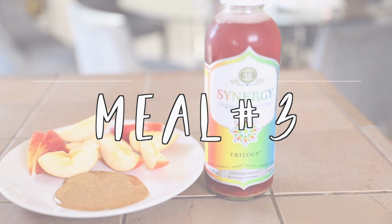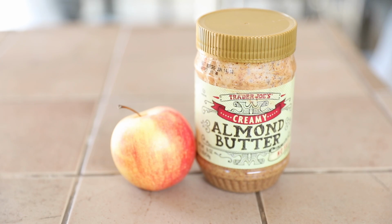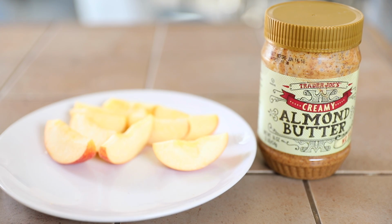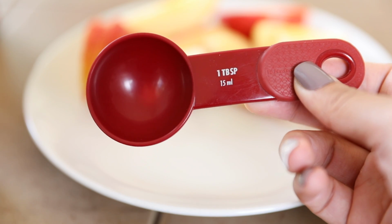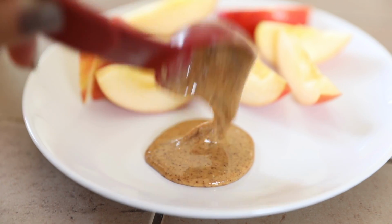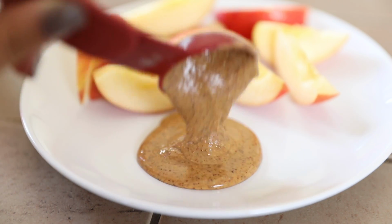So my next meal is my actual snack. So meal number 3 is very simple. All you need is apple and almond butter. And as you guys can see, I get my almond butter from Trader Joe's. So I'm just gonna go ahead and slice up my apple in little pieces, and I'm gonna take this little spoon that has the 1 tablespoon measuring, and I am going to serve myself 2 tablespoons of